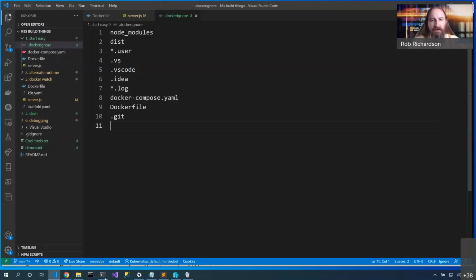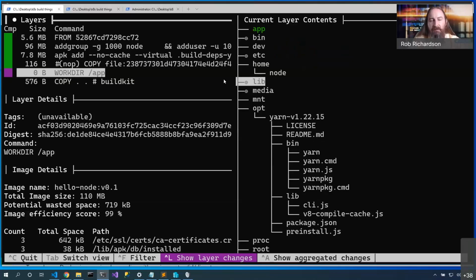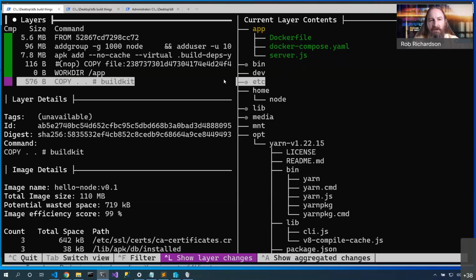Dive is really elegant at being able to see the contents of the files in the container. Did I put them in the wrong directory? Is that why my container isn't starting up correctly? Or did I include more content than I needed? Maybe my node_modules folder is really full, or I have a step that copies in some libraries and then changes them, and so both layers are really big. That's really powerful to be able to visualize the contents of my container.